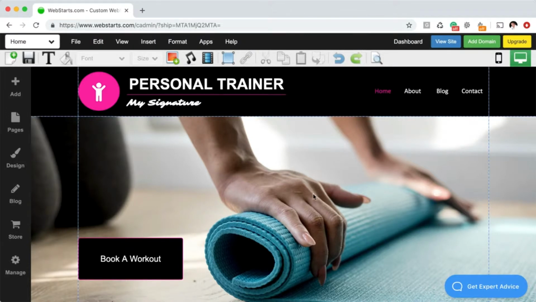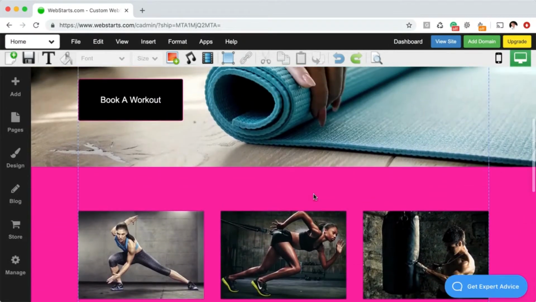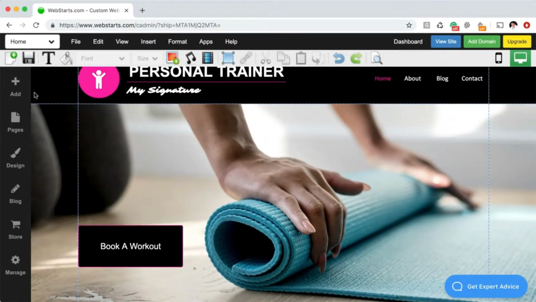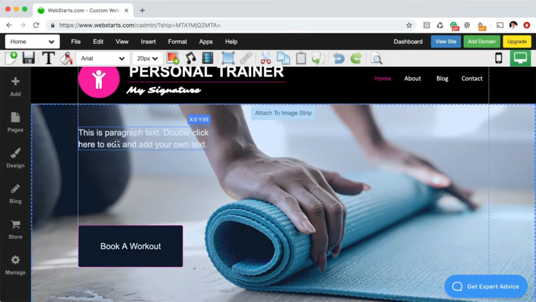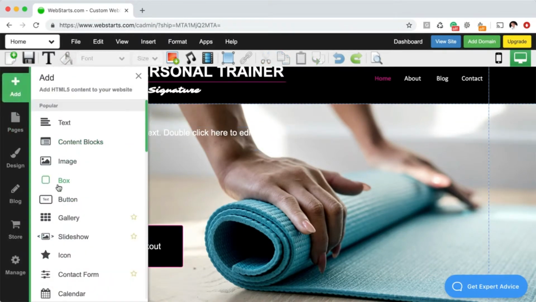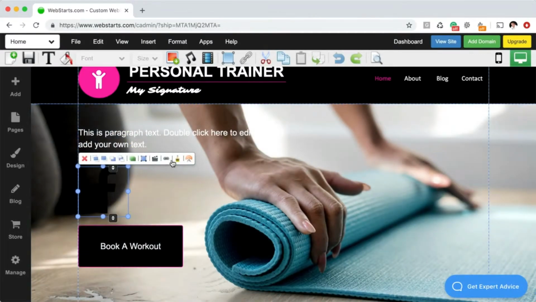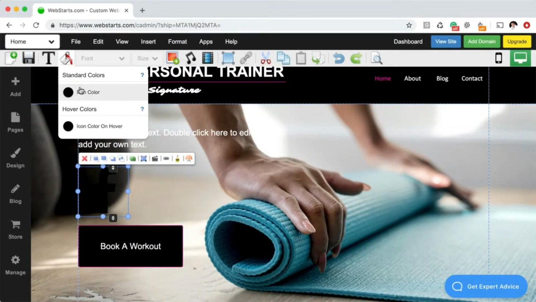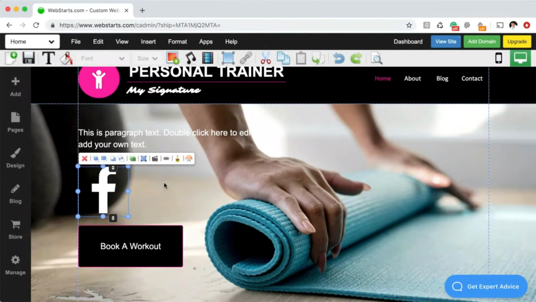Another thing to keep in mind when designing your website is just the balance of the elements on the page. For example, you wouldn't want to have all of the things that you need to communicate on a page. For example, the paragraph of text, the call to action button, maybe a divider or an icon. You wouldn't want to have that all crammed into one section of a page. You most definitely would want to spread those things out so that they kind of give some balance to the